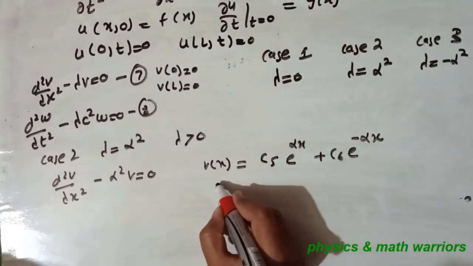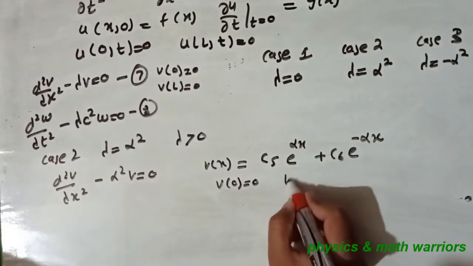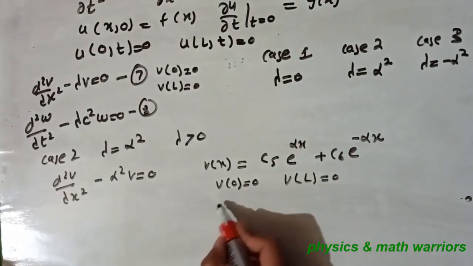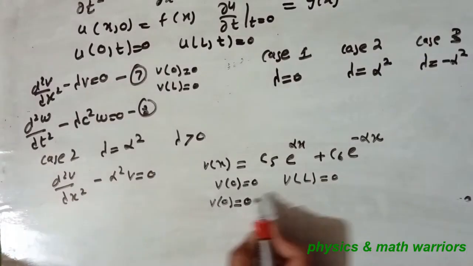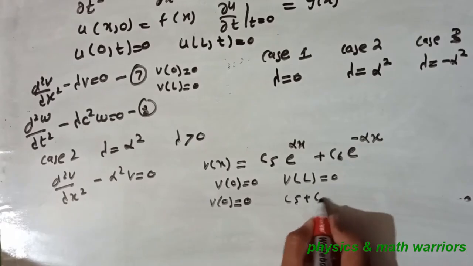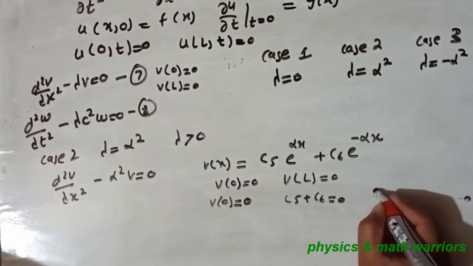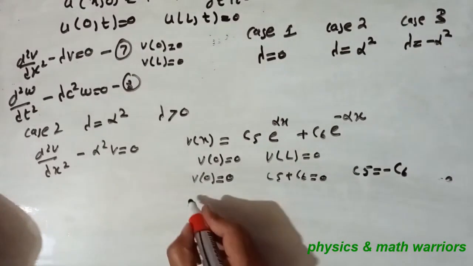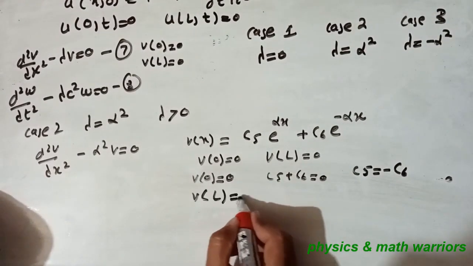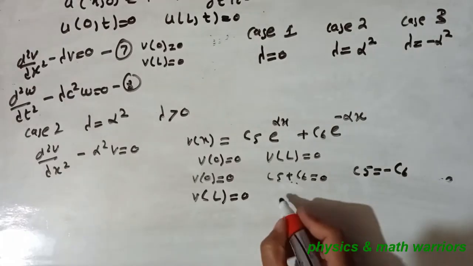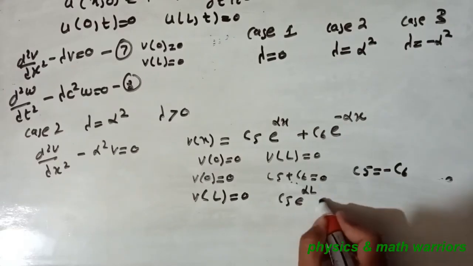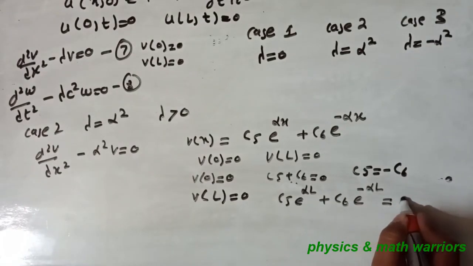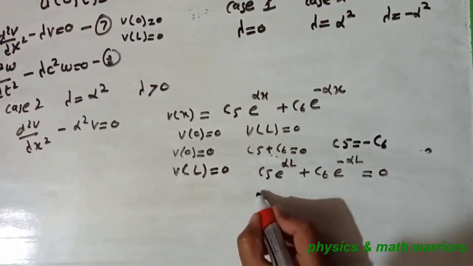Now we will use the conditions, which are v of 0 is equal to 0 and v of L is equal to 0, to find the values of c5 and c6. V of 0 is equal to 0 implies c5 plus c6 is equal to 0, meaning c5 is equal to minus c6, and v of L is equal to 0 implies c5 exponent alpha L plus c6 exponent minus alpha L is equal to 0,